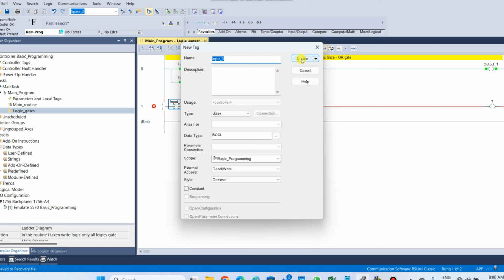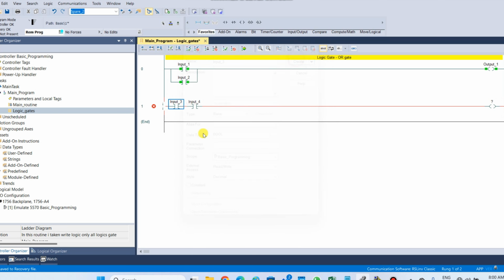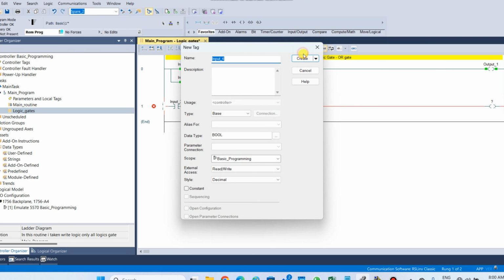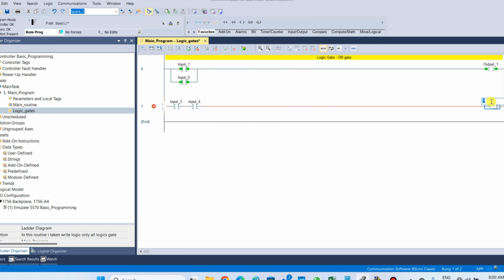So create a new tag. The tag is a memory tag. So in memory tag, we have required base. Click on here, create, and right click another input, click on new, click on create, and output 2, output underscore 2. Okay, sorry, output 2, and control W,